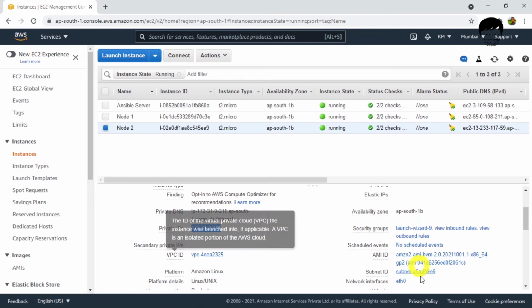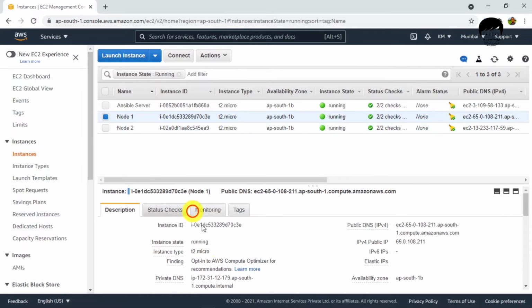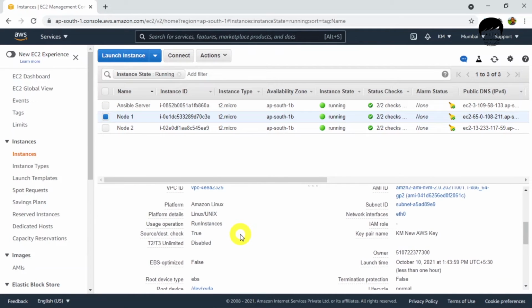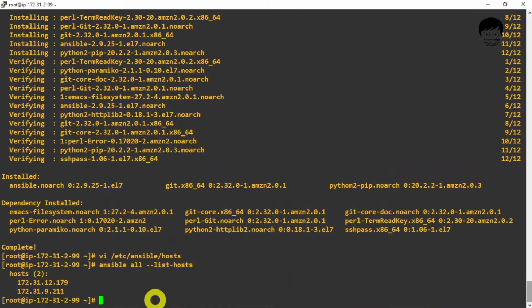This is the 211, the last second node IP, and the first node IP ends with 179. Yes, right. So we have successfully added our host entries to our Ansible hosts.